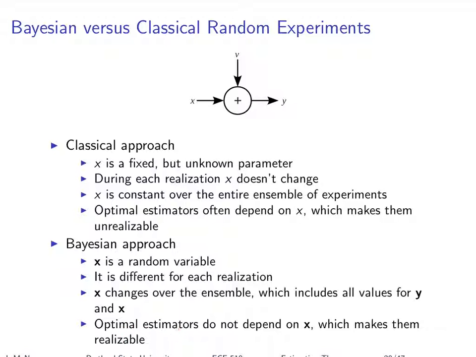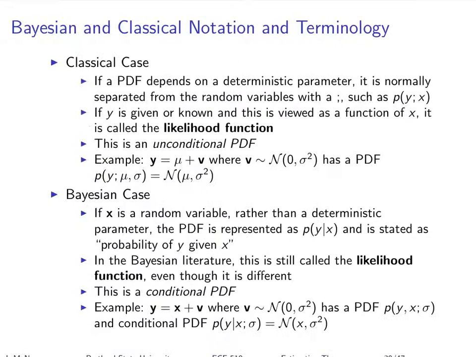In the Bayesian framework, you often end up with estimators that are realizable. You get out of that hole. So that's a really nice property that they have. But being aware of this difference between the classical and the Bayesian approach is important, especially as you work with people that are familiar with the classical approach, and you're going to need to be able to articulate what those differences are.